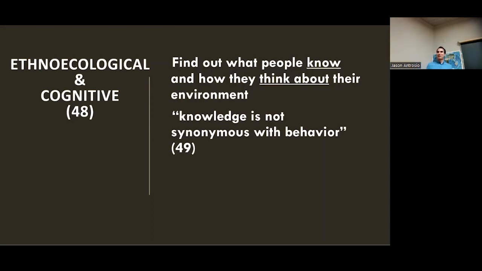Yeah, I mean, that would be my dumb way of putting it, right? I'm going out and I know I shouldn't be doing this, but I'm probably going to do it anyway because knowledge is not synonymous with behavior. In this case, it means something smarter, which is that just because people sort things into piles of species on a card table doesn't mean that's necessarily what they're doing in everyday life when they are looking at or making decisions in their environment.